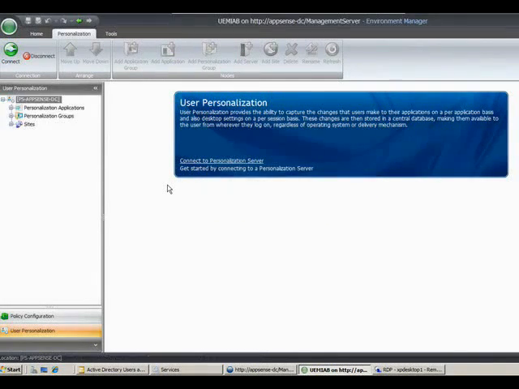What we're doing here is connecting live into the personalization server. Whereas before, in the policy side, any changes you make are pushed down using the management console to the endpoints, here we're connecting directly into the personalization server. So changes that we make here are live. Here I've actually set